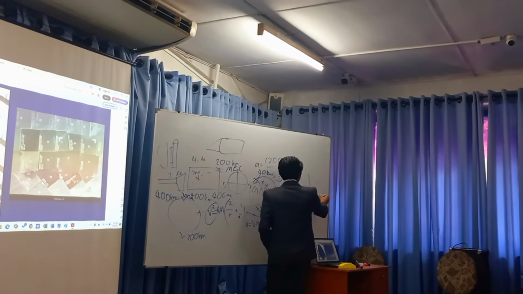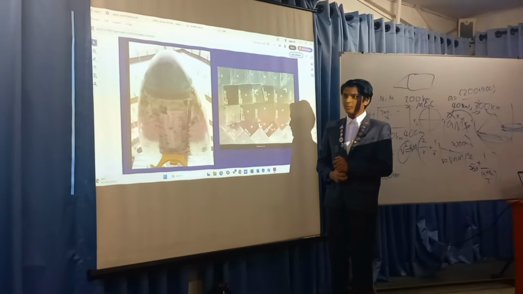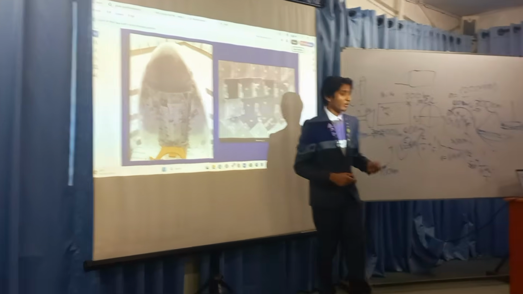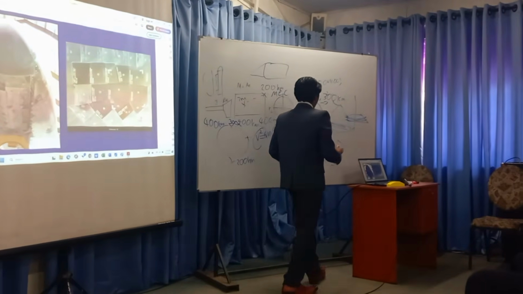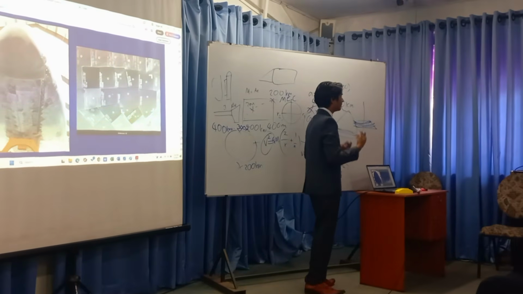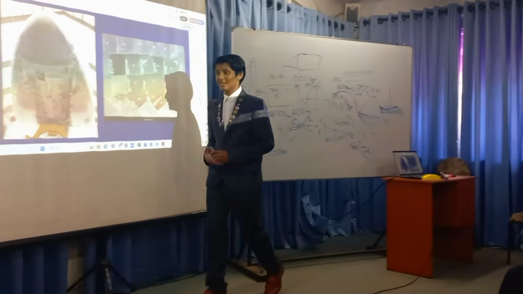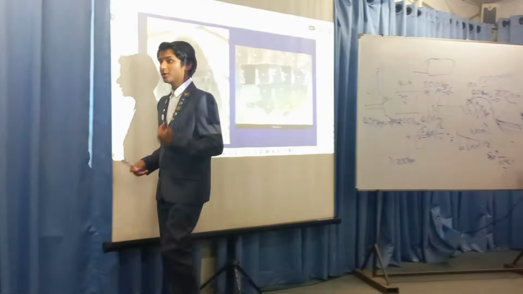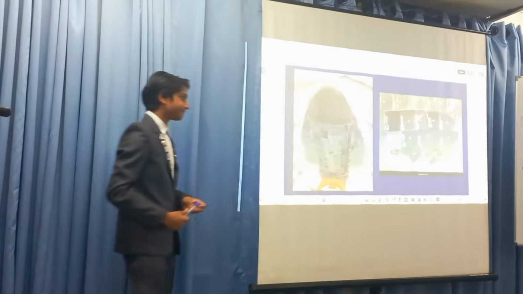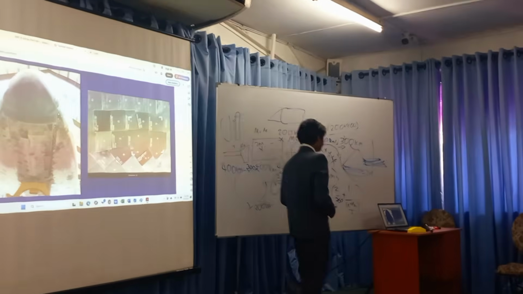Once this second layer is also used, about 20% of that will be used. Once 20% is used, this final layer will not melt at all. It will completely absorb the heat. There will be multiple cooling systems in the space shuttle to make sure that the electronic systems are safe, secure, sound, and working. If this does not happen, we'll have another Challenger or another Discovery or another Columbia. Which is why,